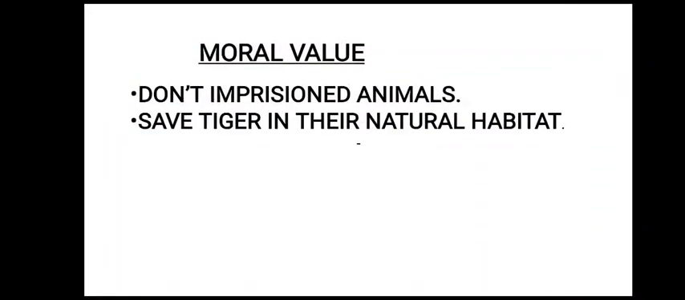The moral value which we get from the lesson, from the chapter, the zoo tiger, is don't imprison animals. We should not keep animals in the cage. Second, save tiger in their natural habitat, means we need to save the animals, not only tiger, but all the animals in their natural habitat. Natural habitat means in the forest. Okay,